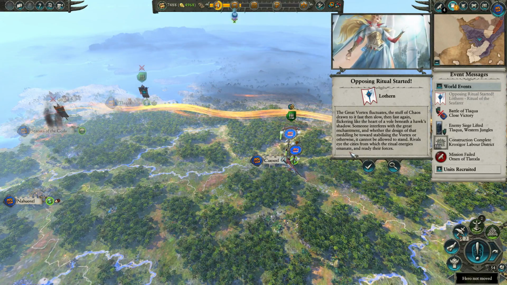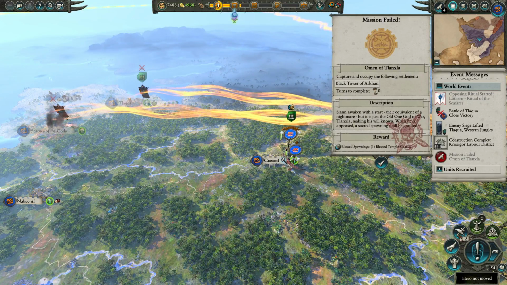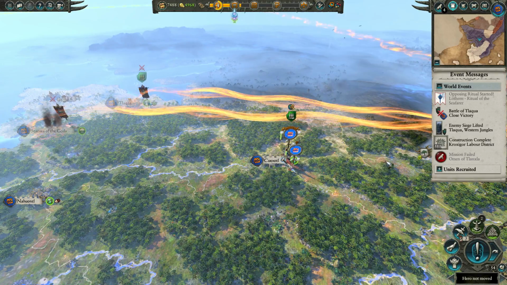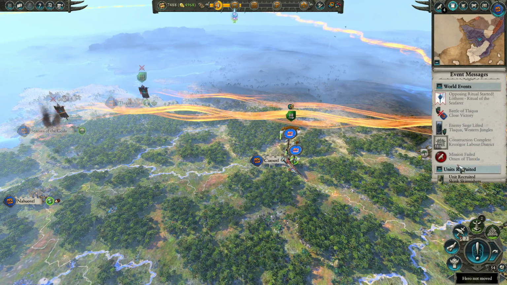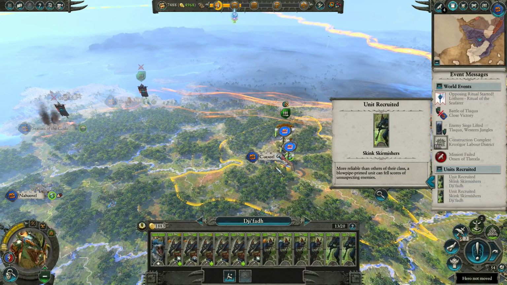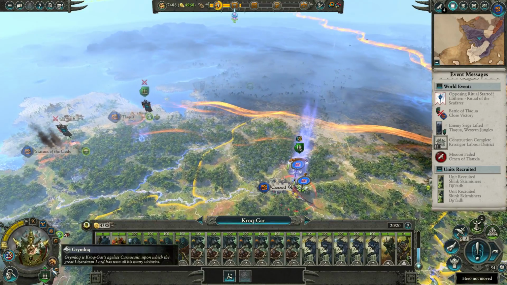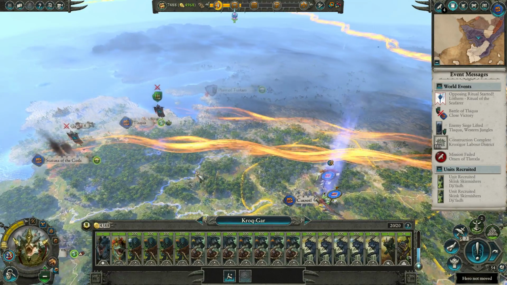Alright, they started their ritual as well. So everyone's on the second ritual now. We're on the first one. Capture. Oh, we failed that, yeah. It's unfortunate, because I would have liked that blessed unit, but it's not like I really had the option to do that. Recruiting some skirmishers. Alright, you are going to...